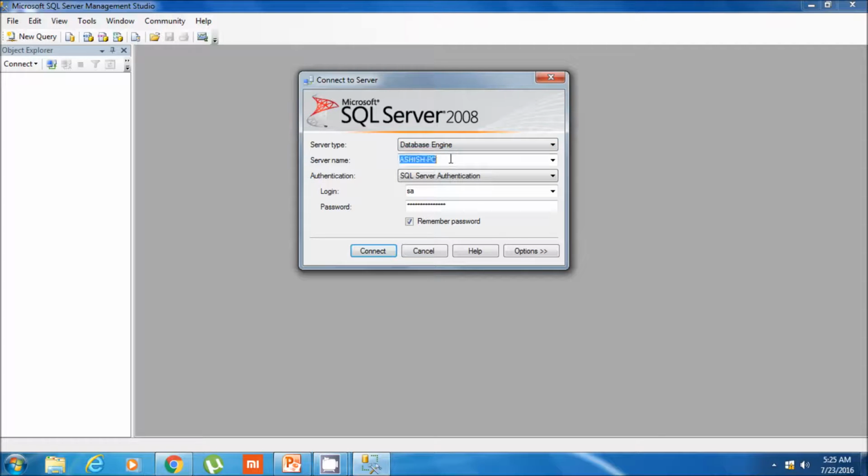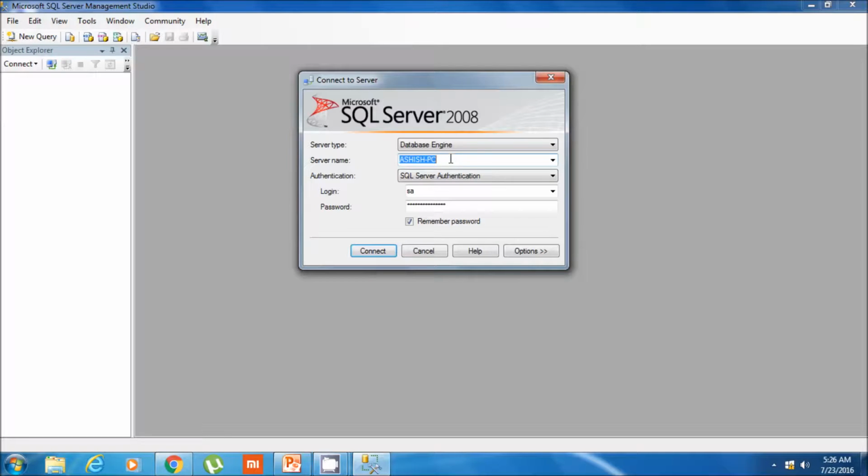Server name. Right now I'm on my PC. If we have a network PC and we want to connect to a database server which is on the network, we will give the server name which we want to connect to, or we will give the network IP address.